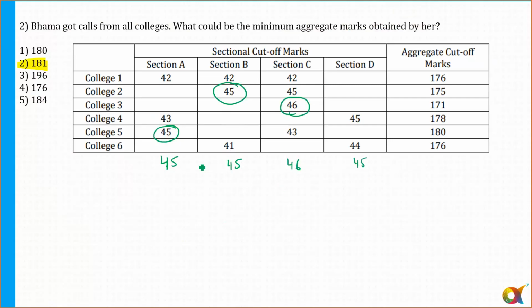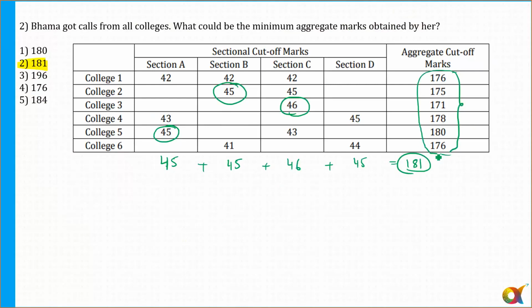So what is the overall minimum score? Just add all of them. If I add all of them, that is equal to 181. And if he is getting 181, you can see he is also clearing the overall cutoff of all the colleges also. Okay, 181 is more than the aggregate cutoff of all the 6 colleges. So the answer is definitely 181. So out of question number 1 and 2, 2 was easy, isn't it? At least 2 तो सबका सही आना चाहिए, even if you are getting first wrong.